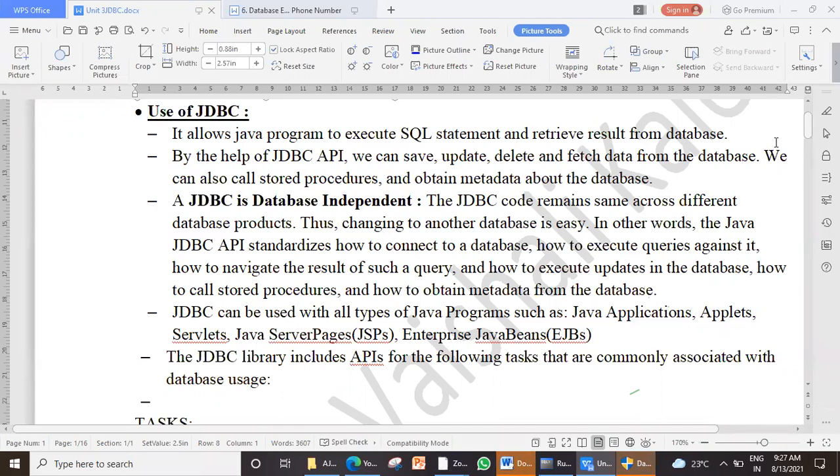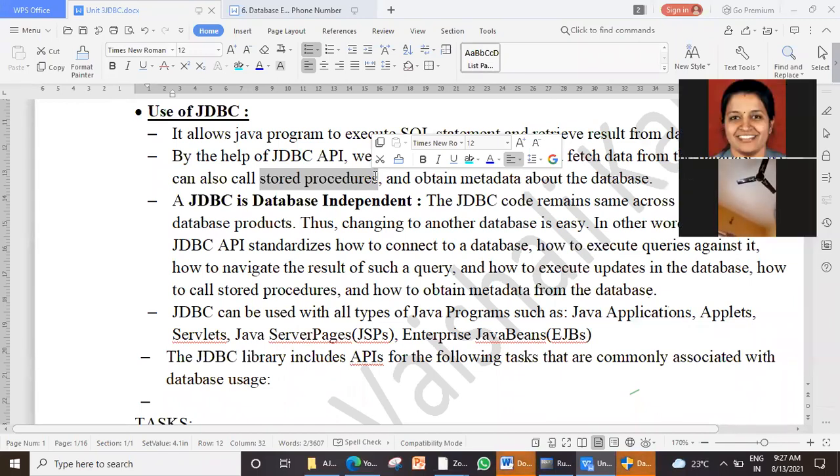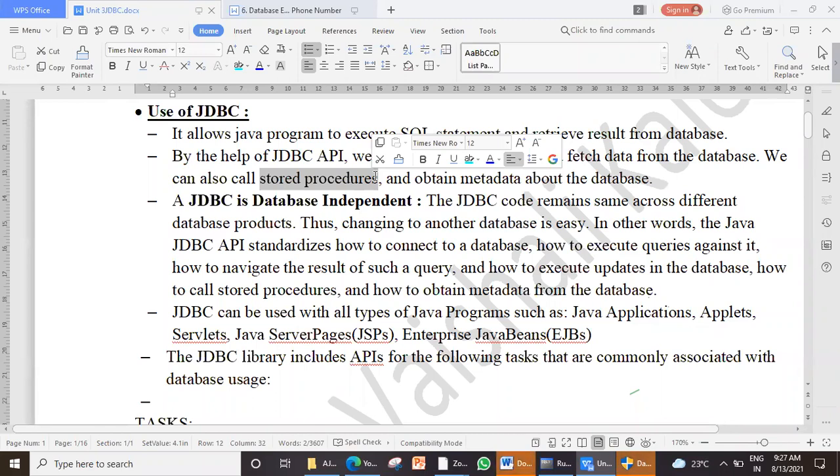So not only through SQL statement, but also through stored procedures. Stored procedures are small functions that you can write. Now, second part of your DBMS is actually PLSQL programming. Fine. PLSQL programming is procedural programming. In the sense, you can write functions, and through those functions, you can insert series of records.